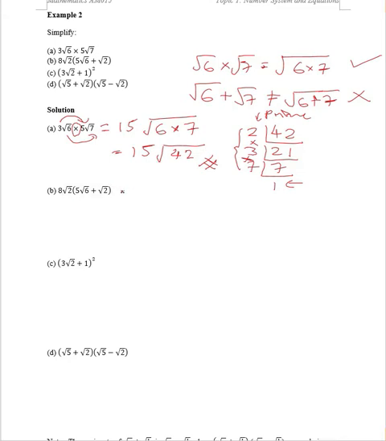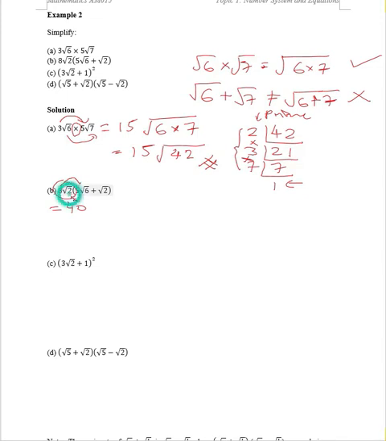Okay, example B. You have a bracket here, so that means 8 root 2 needs to be multiplied with all of this in the bracket. It's the same thing, you just have to expand. Remember, number with number, root with root. So 8 times 5 is 40,